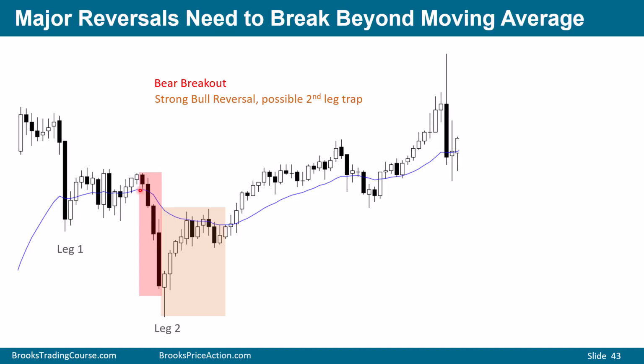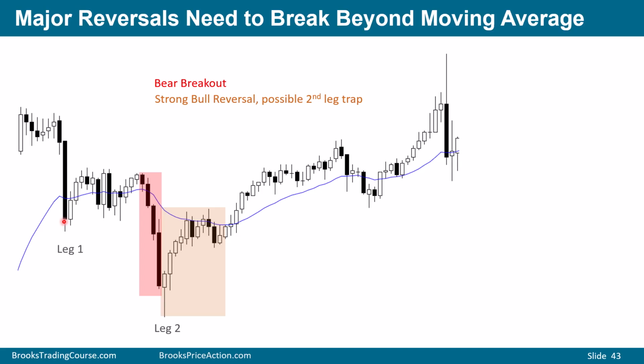We have a bar inside of this tight trading range here. Same thing with this next bar. It's growing in strength. It's a bear bar closing on its low. The follow-through bar is good as well. It's closing on its low. But what is wrong with this bar right here? It's similar to this bar right here. It's a little bit too big relative to the bars to the left.